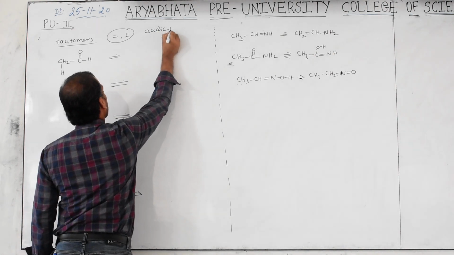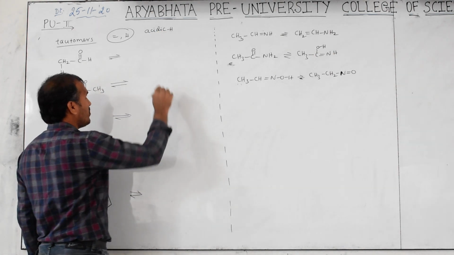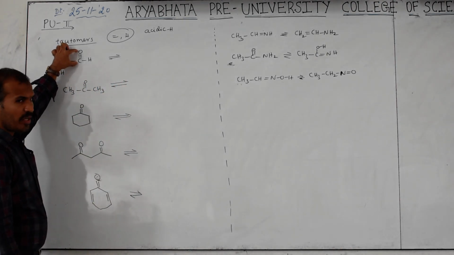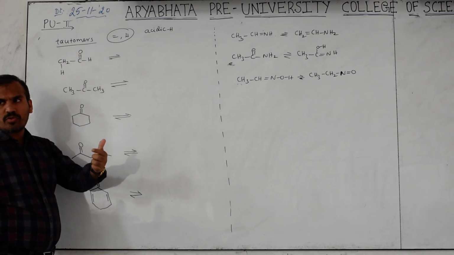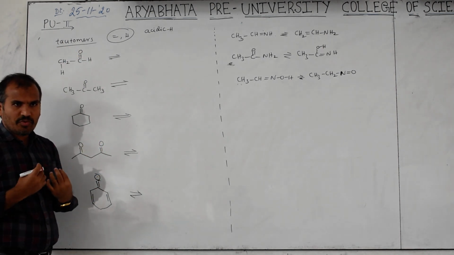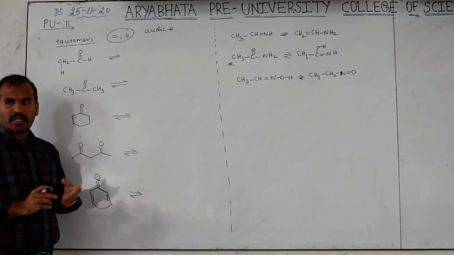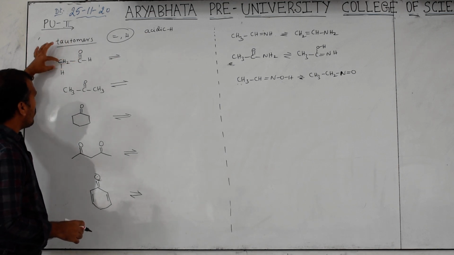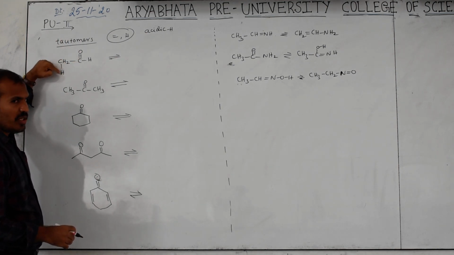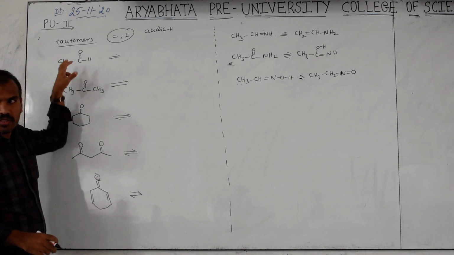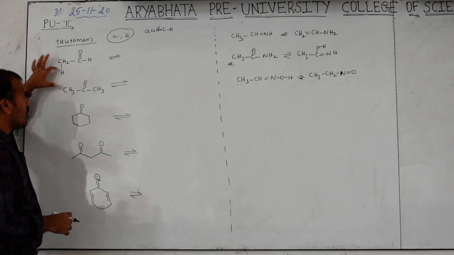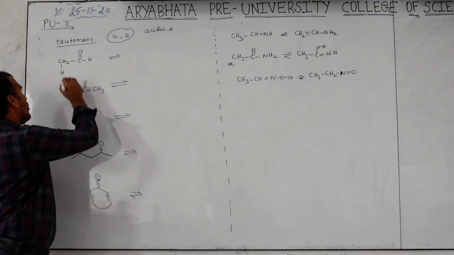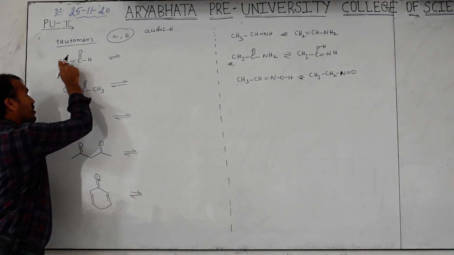Acidic hydrogen. What is acidic hydrogen? You know that this is an aldehyde. This is an electron withdrawing group. See, the double bond group, or aldehyde group, ketone group, carboxylate group, ester, these are electron withdrawing. Nitro group as well. I already explained a little bit in the aldehyde ketone chapter, and alcohol and carboxylic acid also. So due to this electron withdrawing nature, these three hydrogens, 2 plus 1, are acidic. Why did I write them separately here? To locate which hydrogen is going to change. Now this hydrogen is acidic, not only this hydrogen, these 3.